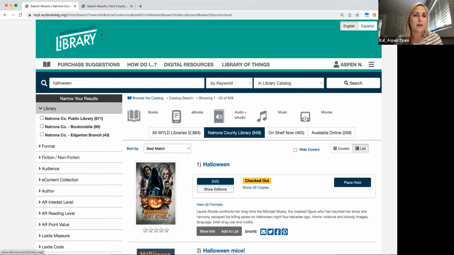We do have something called a quick start guide that I will share out with the admin team. That can be customizable with your own logo and things like that. It's more of a PDF. You could link to it, send it out in a newsletter, or print it out and put it by your library computers, for example. It has screenshots and areas of some of the key interface features in ASPEN. So I'll share that out with your WYLD admin team. Great question.